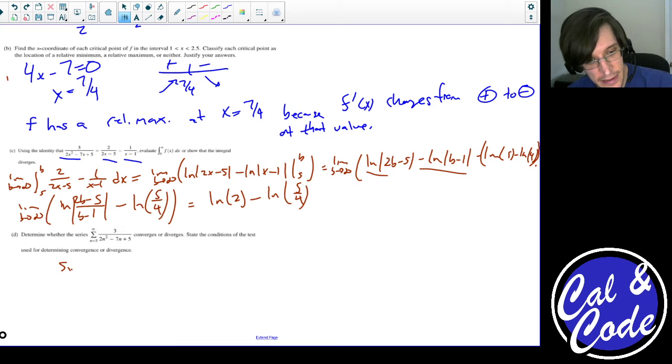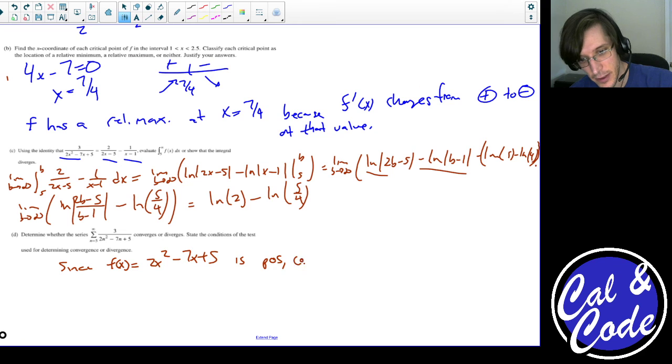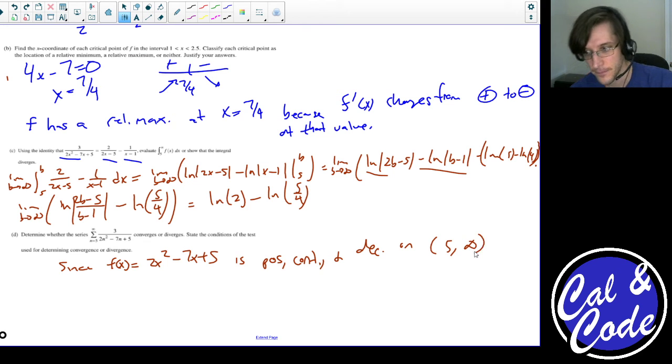And what I can say is, since f of x equaling 3 over 2x squared minus 7x plus 5 is positive, continuous, and decreasing on the interval from 5 to infinity, and the integral from 5 to infinity of f of x dx converges,